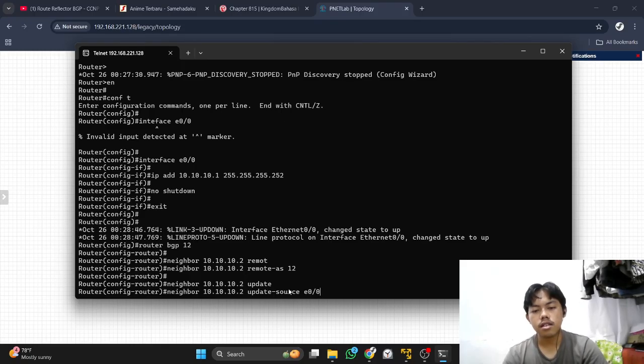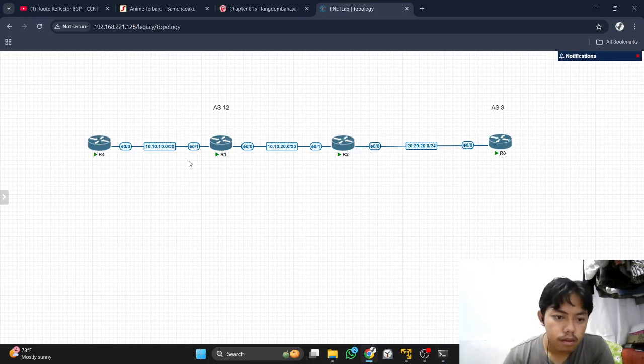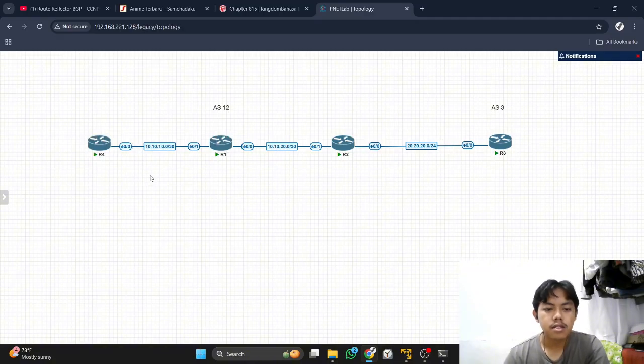This is the interface that goes to that IP. For example, for that IP 10.10.10.2, the interface that goes to that IP is this IP.